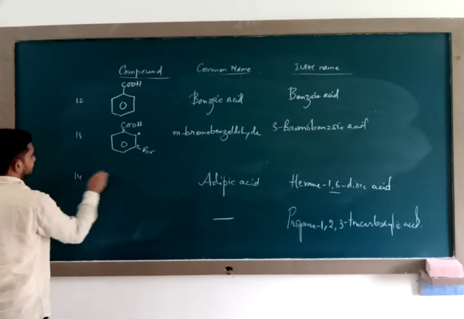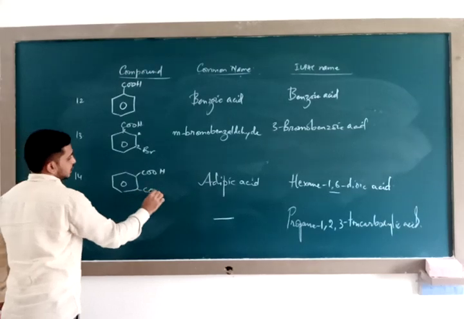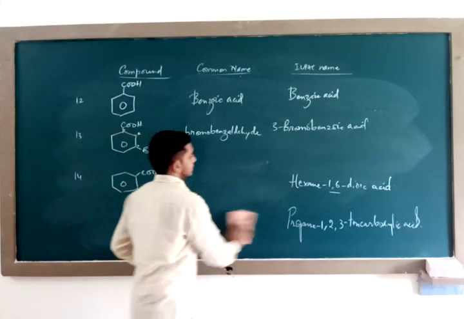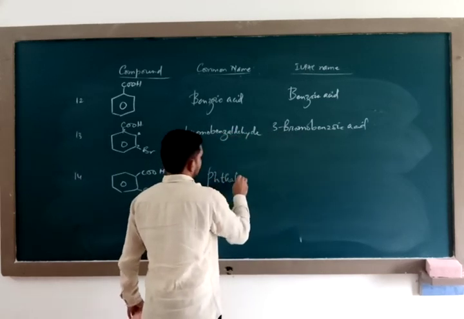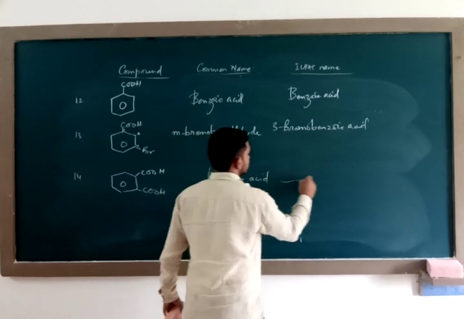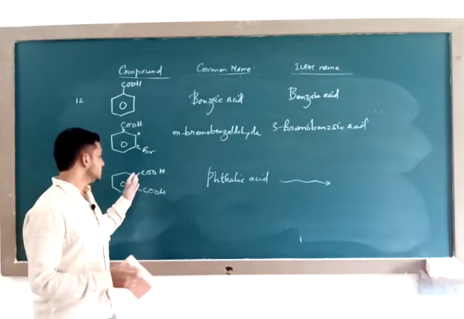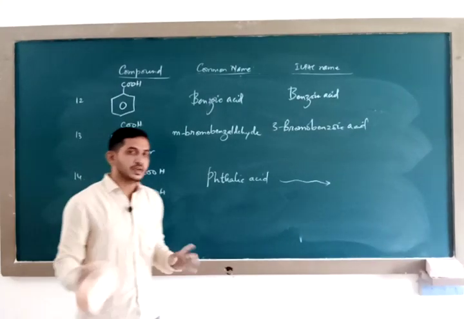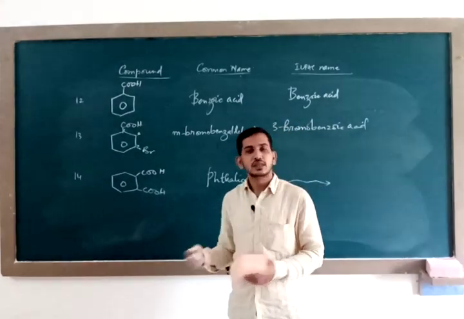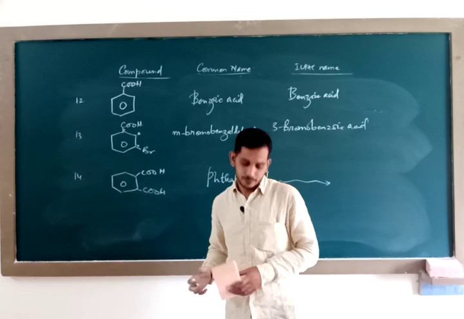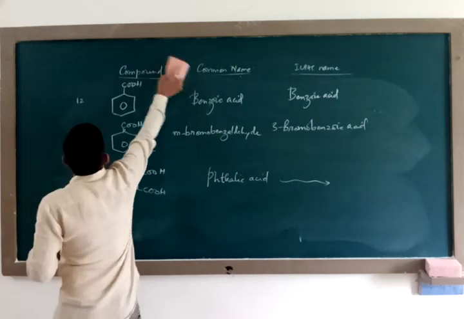Then the last example. This is benzoic acid. What if there are 2 carboxyl groups? Then its common name is phthalic acid. Phthalic acid is an accepted IUPAC name also. Otherwise, benzene 1,2 dicarboxylic acid is also fine. If you do not remember the benzene 1,2 dicarboxylic acid name, writing phthalic acid is also fine. Now when nomenclature is clear, we shall now see the methods of